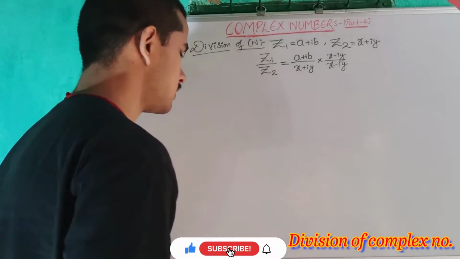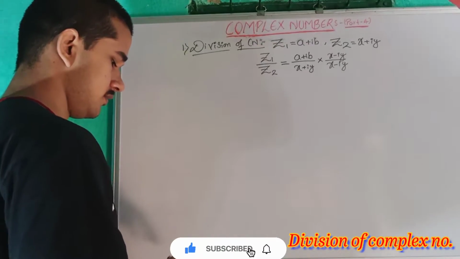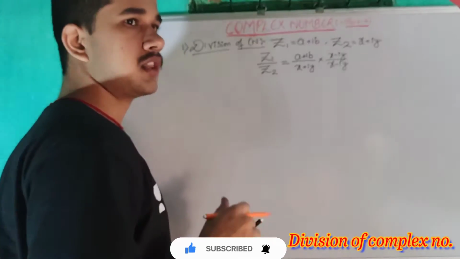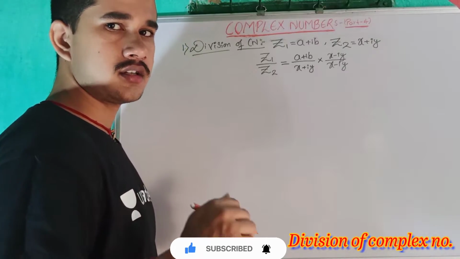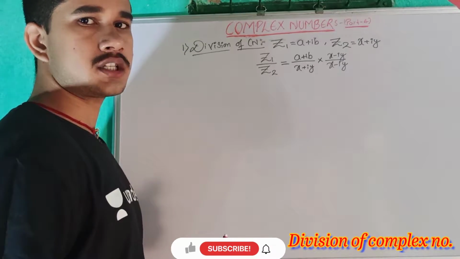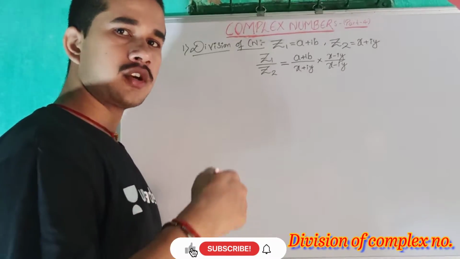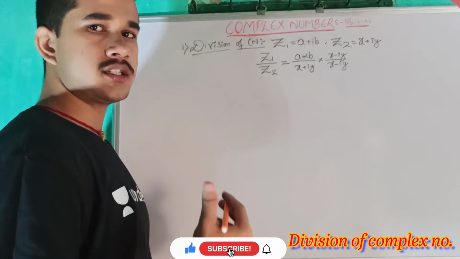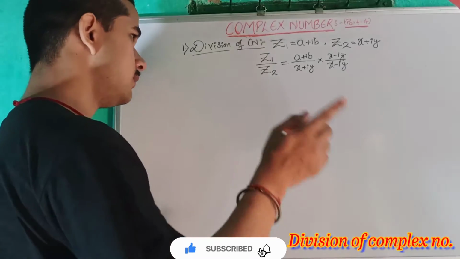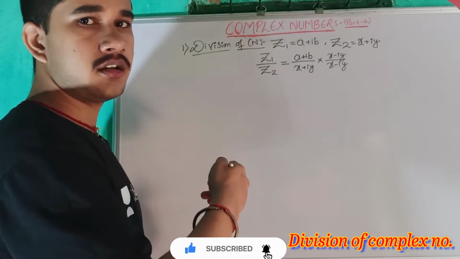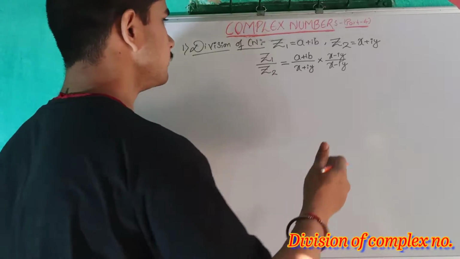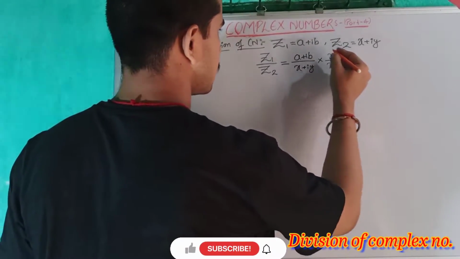After this, starting with the procedure, first we multiply two complex numbers. I think the multiplication of complex numbers has been explained in the previous part of this video, so you can go to that video in the same playlist. You can watch it, learn the procedure, and then come to this to learn it in a better manner, so that the links will be clear in your brain. So let's start with the procedure now.